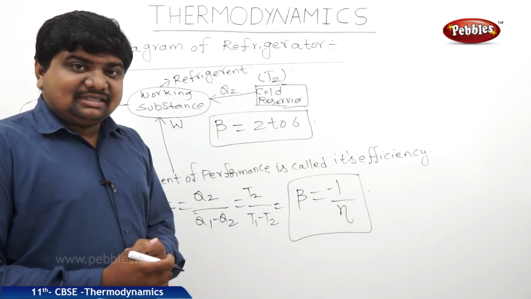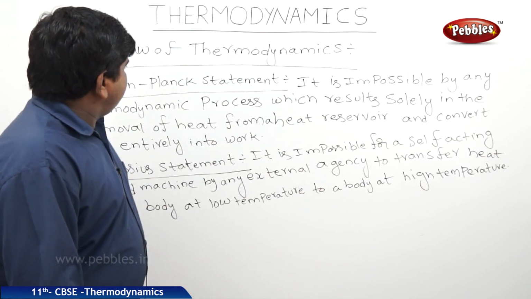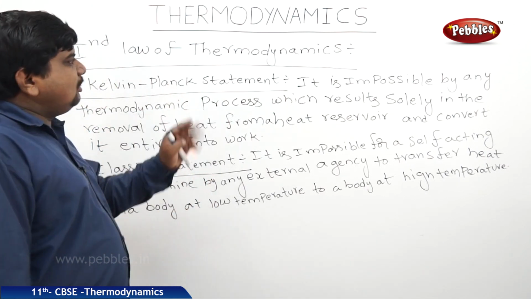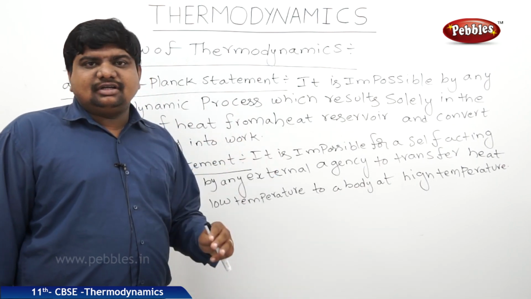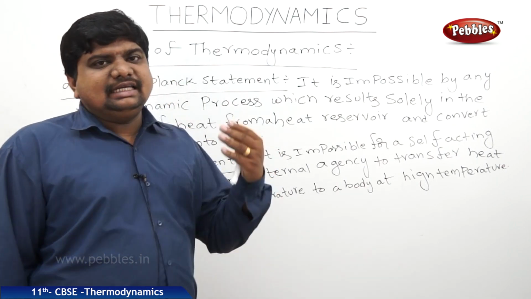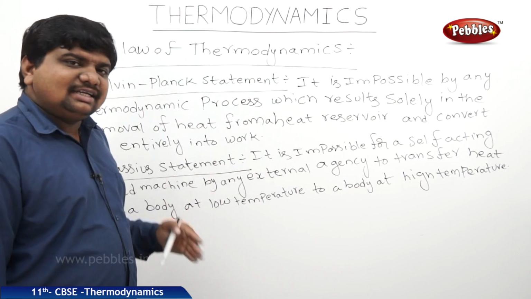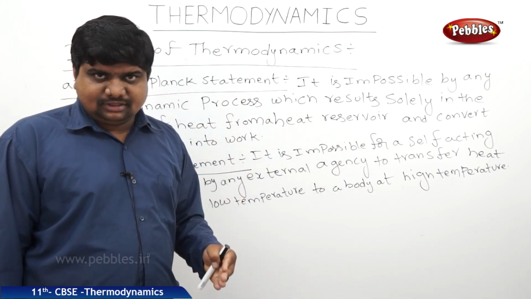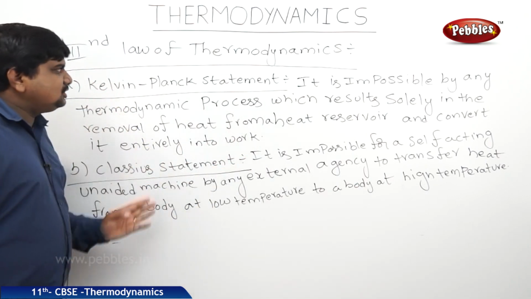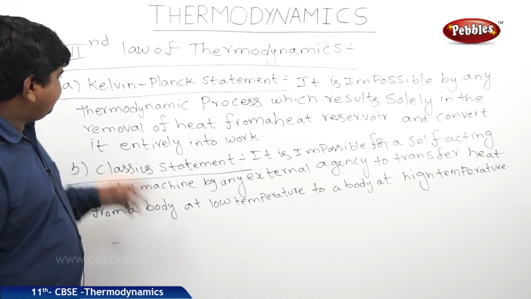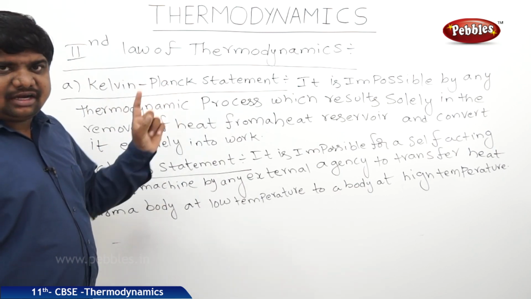The second law of thermodynamics explains the conversion of heat energy to work in two different statements. The first law of thermodynamics states the conversion of heat energy to work and the increase in internal energy. But the second law of thermodynamics only explains the conversion of heat energy to mechanical work. By considering the examples of the heat engine and refrigerator, there are two statements to explain the second law of thermodynamics. The first statement was derived by Kelvin Planck. It is called Kelvin-Planck's statement of the second law of thermodynamics.